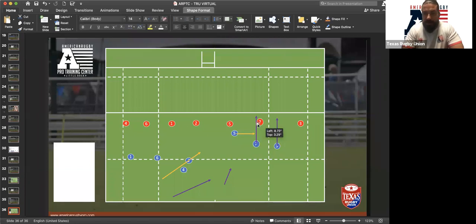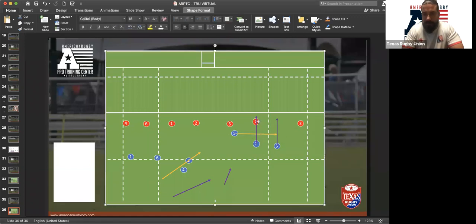So if they come over here, they've got to be able to make that long pass across the face without the 7 looking to intercept, right? As well as if the 7 then comes across, they've got to be able to disguise that pass for the 7 to come through this gap. So really, really basic lines of running, right? But really quite effective. When we look at them, we've got the switch or the deep switch. What is the purpose of the switch?